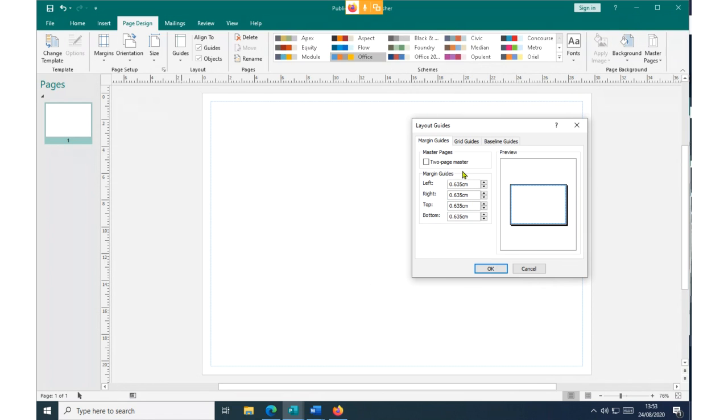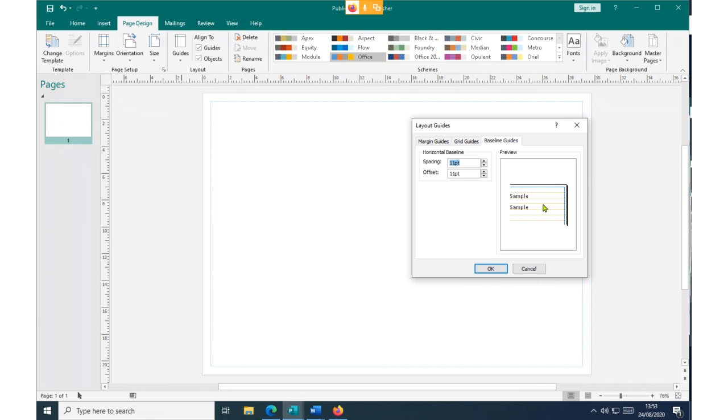But the essence of using the layout guides is to divide our window into two columns or several columns and several rows. But again, we also have what we call baseline guides. Baseline guides are like lines going through your blank page, showing you how you are going to type and where the letters will appear.